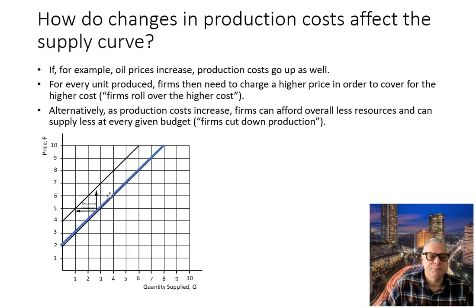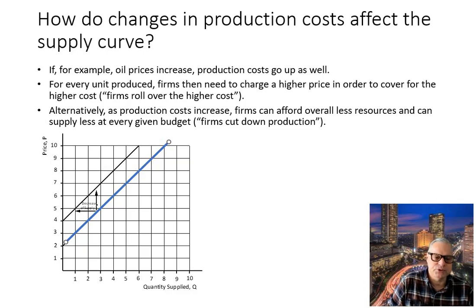So when production costs go up, the supply decreases. Some people may say that at every given quantity produced, the higher production costs are now being rolled over to the consumers. So that is why we will say the supply curve shifts up. But in most textbooks it says that when production costs go up, it is a decrease in supply. So that means at every given price and every given quantity, if suddenly prices go up, then I cannot produce as much with my